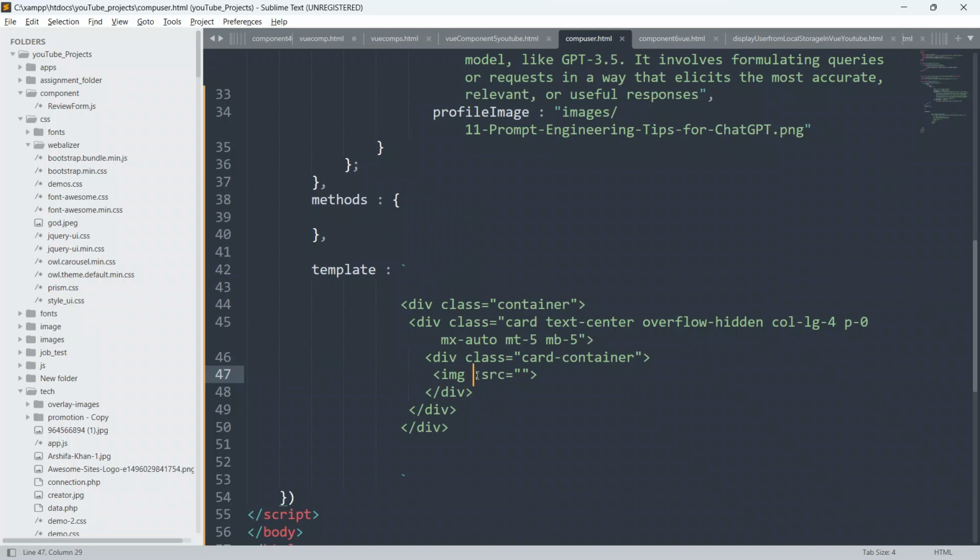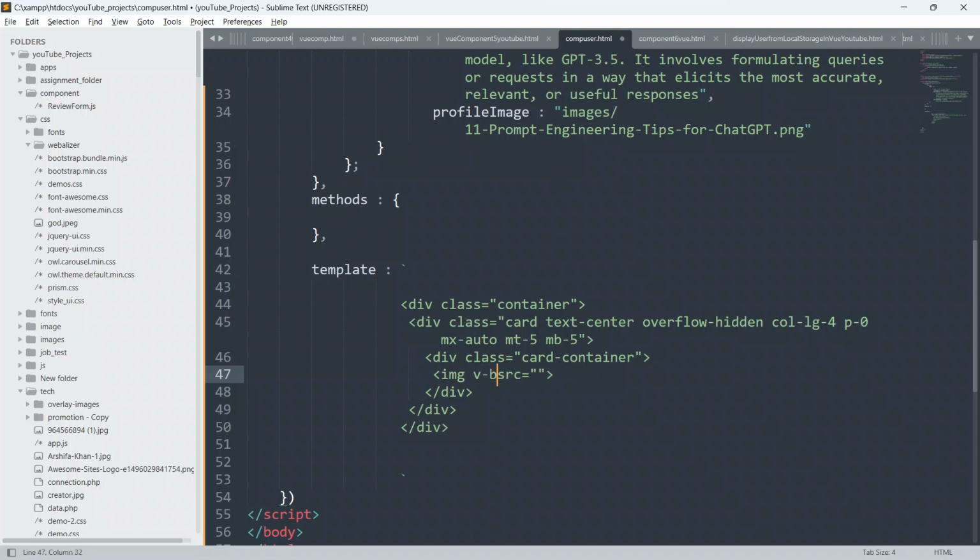Okay guys, always remember why we use v-bind: we use v-bind just to bind the Vue.js data to our HTML element. So here I am going to display the image of this user profile, so for that I am using the v-bind shorthand, which is colon. Okay guys, you can also write v-bind here.